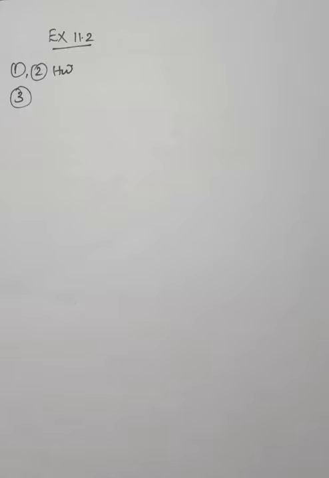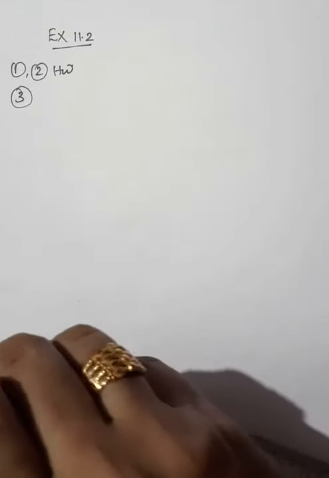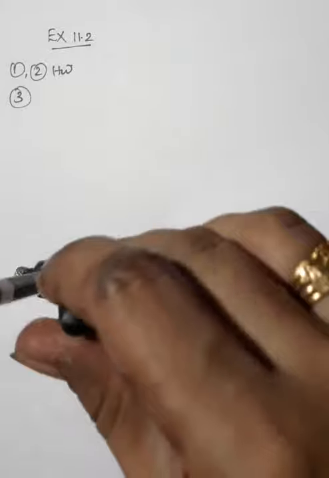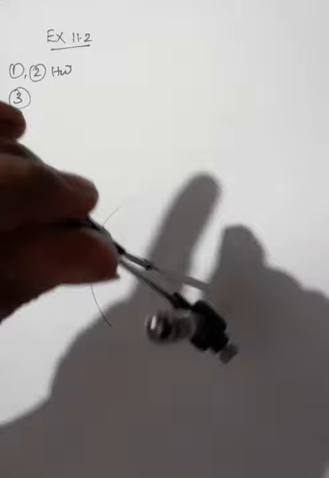Draw a circle of radius 3 cm. Take 2 points P and Q on one of its extended diameter, each at a distance of 7 cm from its center. So first step, you want to draw a circle of radius 3 cm. Sorry, 3 cm. So you want to take a radius as 3 cm from the scale. So this is 3 cm. Then want to draw a circle as radius 3 cm.